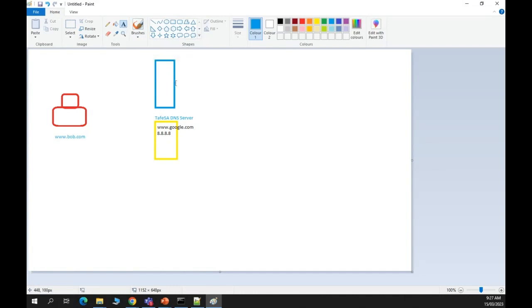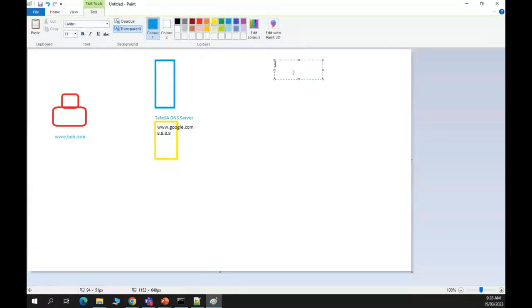The process for DNS is that if our TFSA server has been configured with a forwarder, it will forward to the next DNS server. But let's say our TFSA DNS server does not have a forwarder. Usually what you do is forward to your ISP's DNS server. That's the easiest way. It's like handball: I don't know, you deal with it, someone else's problem. But if we don't have a forwarder configured, we go to the root servers,